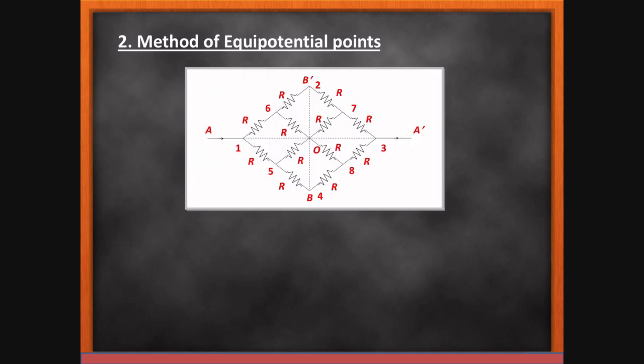There's one more method of solving the symmetric circuit, and this is known as the method of equipotential points. So there are two lines. One line is passing along the current, and the second line is perpendicular to the current. This line is perpendicular and this line is along the current. So if the circuit is symmetrically divided, then on this line the nodes have the same potential, and we can remove the nodes